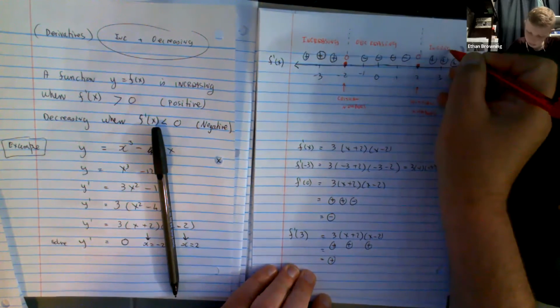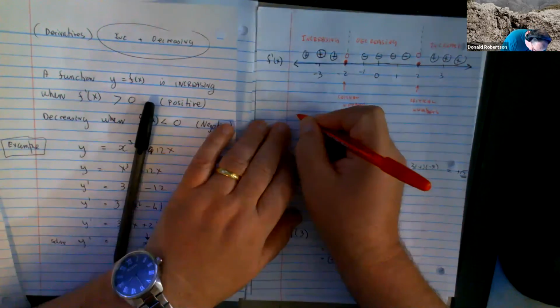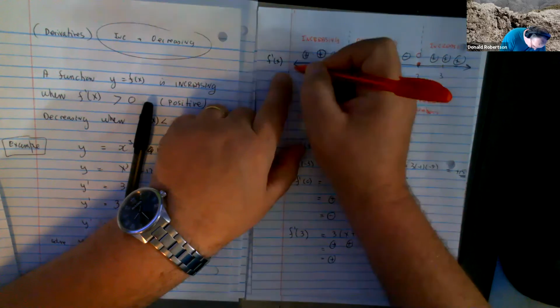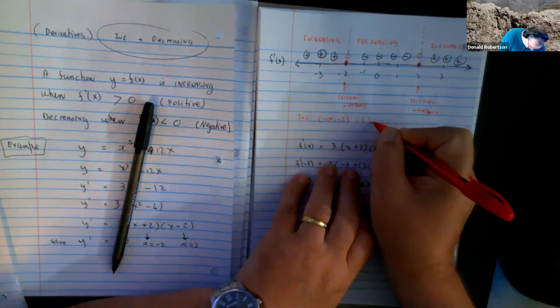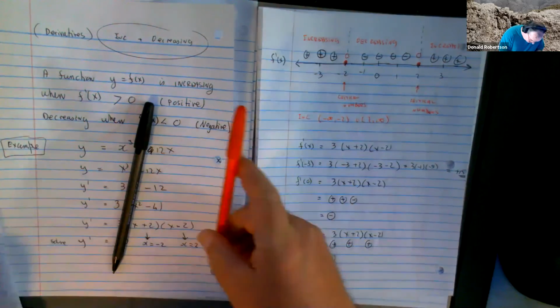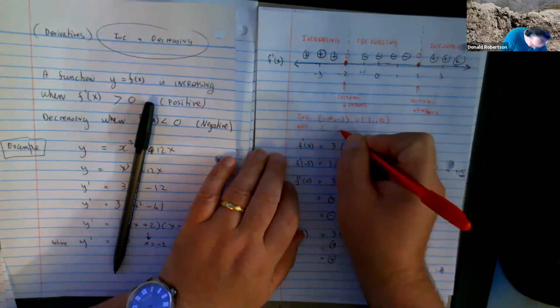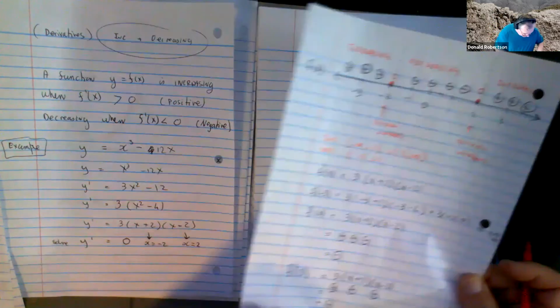So if you want to know when a function is increasing, well, anything that's less than -2. Now, since this didn't have a start value, all you put in is -infinity. And then on this side, 2 to infinity. And when is it going to be decreasing? Well, any value of x between -2 and 2. So this one number line contains all the information I need about increasing and decreasing,